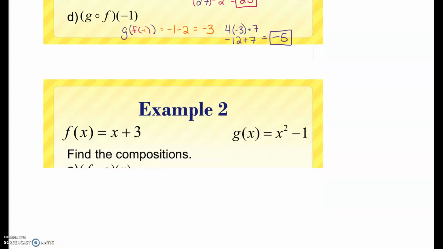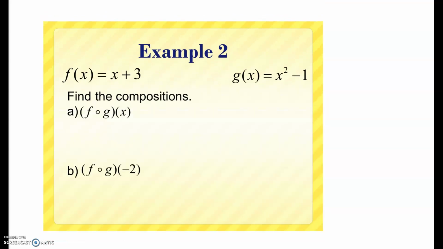Okay. Example 2. First, we need to do f of g of x, then we need to do f of g of -2. So again, if I use colors, my f function is going to be pink and my g function is going to be purple. If we are doing f of g of x,